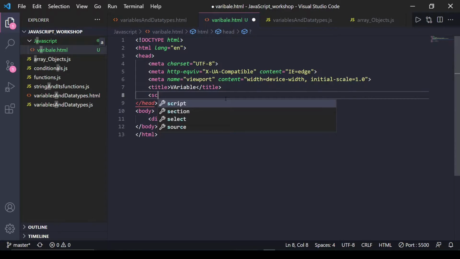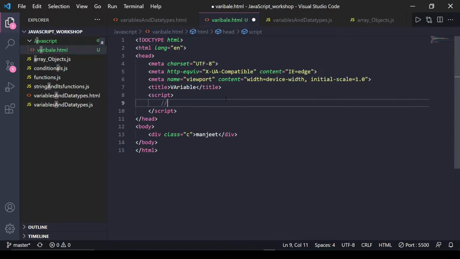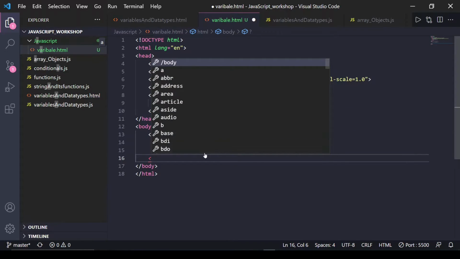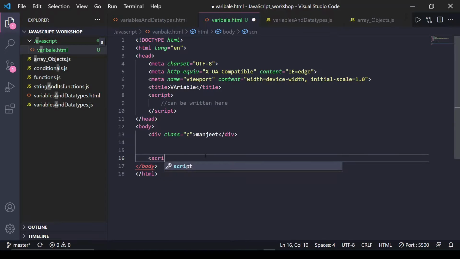So let me just add it. We can write the script here also, but the preferred place is right above the closing body tag, so that our whole DOM, the Document Object Model, loads first. We can take an analogy with the human being.